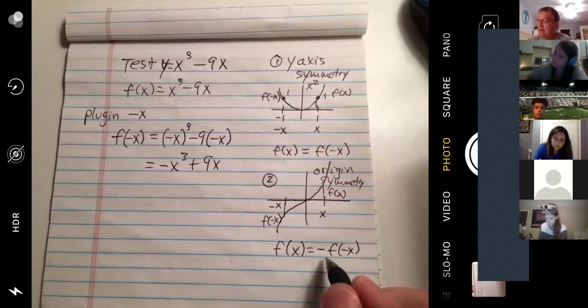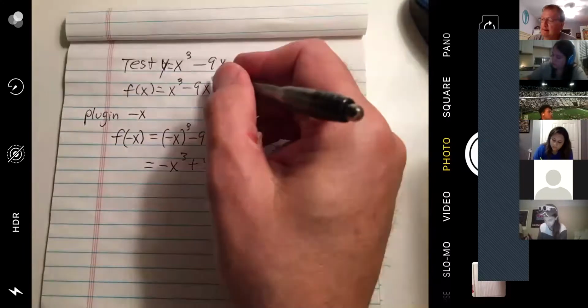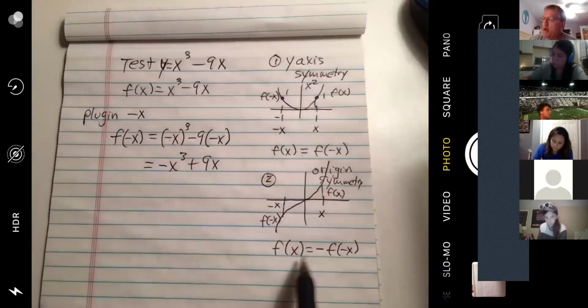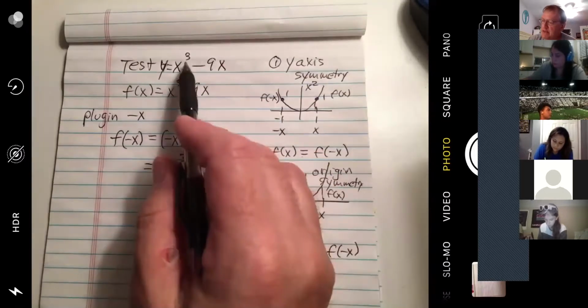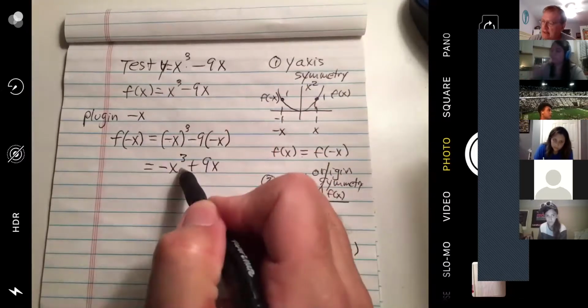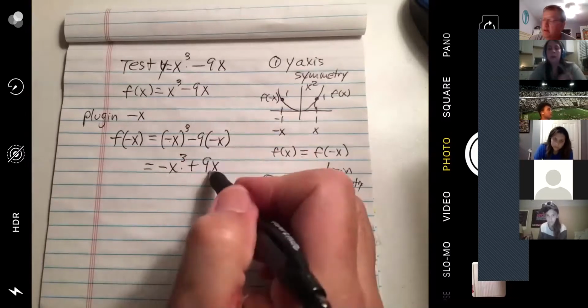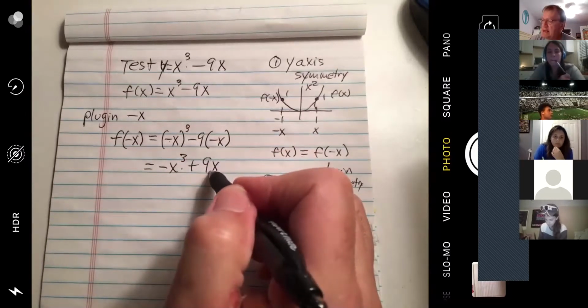Is this a negative of what you had? You don't really have to test anything more. You see how you started with positive x cubed, you went to negative, and you had a negative term here, turned positive. That's exactly what this is saying. Your formula winds up the negative of what you had originally. So this is a case of origin symmetry. Answer, origin